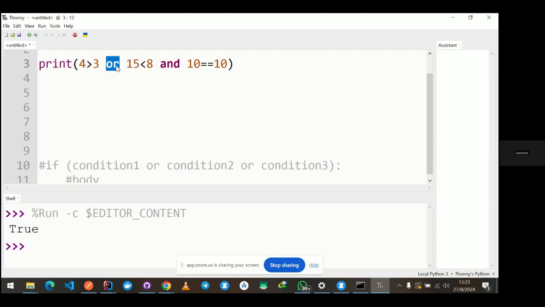But if I remove this and put an and here, it will result to false, because for an and, this one is to be true and this one is to be true. If this one is true and this one is false, this whole thing will result to false, because for an and, we said both conditions have to be true. So false and true. This will result to false because this is false and this is true, and we are joining with an and, then the whole thing will result to false. So this is how